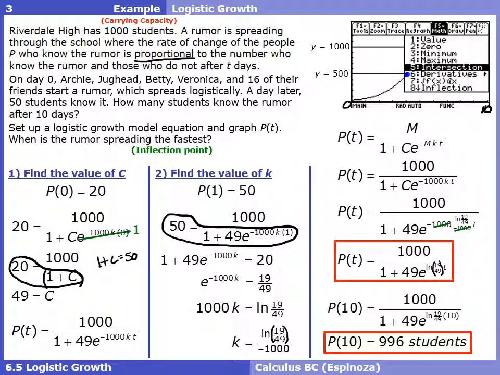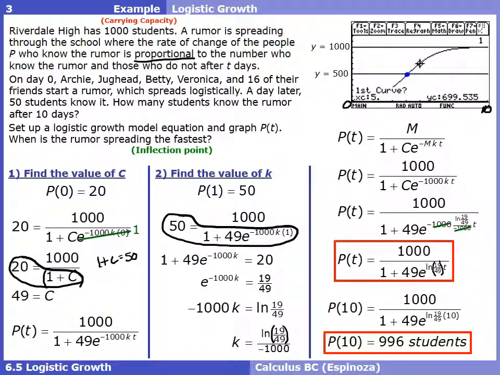So you'll need to go to F5, which is intersection. It's going to ask you to identify the first curve, and it's going to choose the logistic growth curve, so just press enter there. It's going to ask for the second curve, which of course is the line y equals 500. Then it's going to ask for a lower bound, which means put the cursor just to the left of the intersection point and press enter. The upper bound will be a point just to the right of the intersection point, press enter,